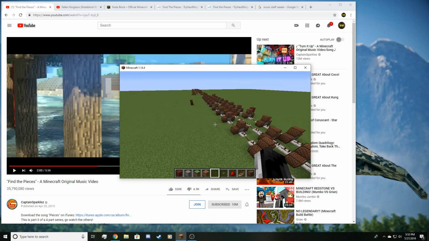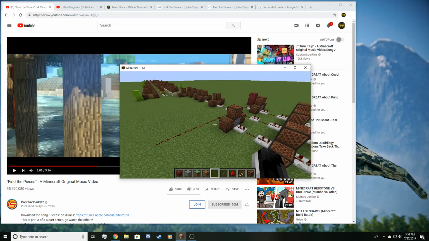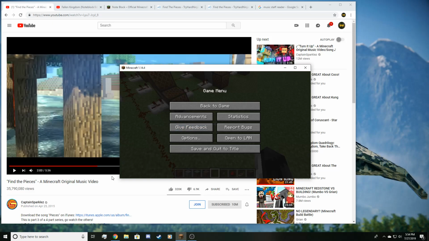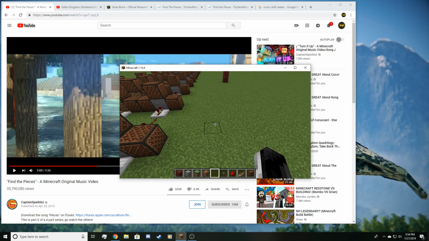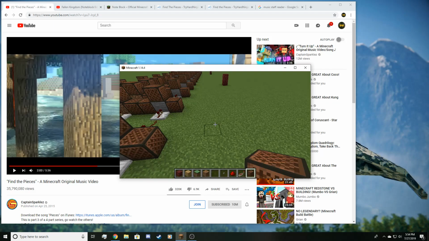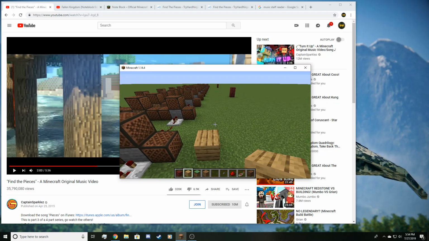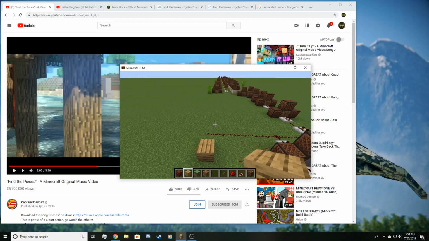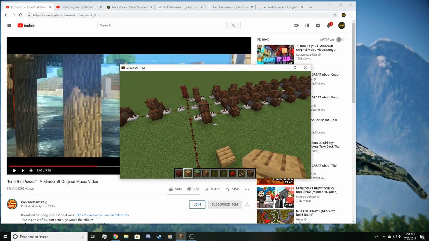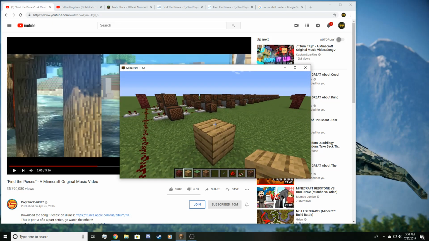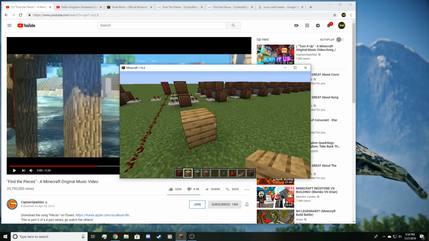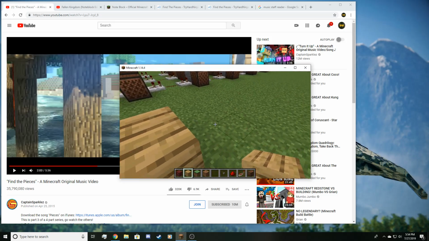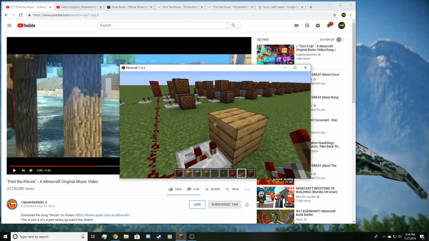Alright, that sounds pretty good to me. Now, this last thing, the bass, is the fun part, but also the most difficult part. So when it's just a constant bass like that, what I normally do, I'm going to need wood, oak planks, because that's the instrument that makes the bass noise. And right now my bass has been lined up down there, so I'll leave that blank for whenever something else comes back in. But the bass, when it's solid like that, I'll just do every 8th note gets the bass hit that's the same note. So actually I'll clone those later. That'll be easier to do, because they don't change, than